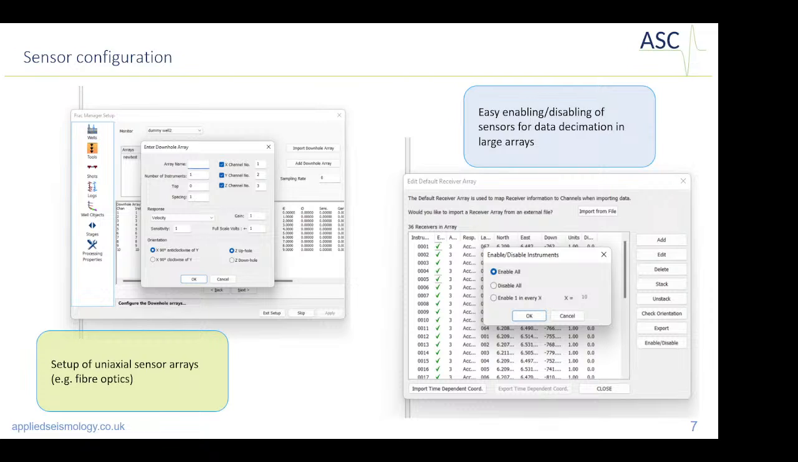mostly thinking about the use of fiber optics as a sensor array, so you can automatically add any number of sensing positions and select one of the channels, and in that case you will set up a Uniaxial array,